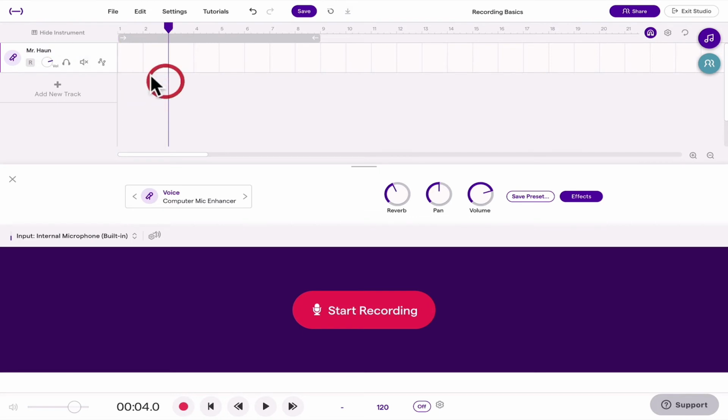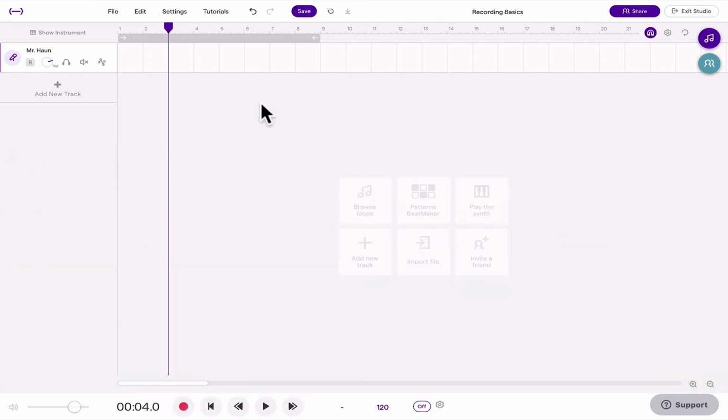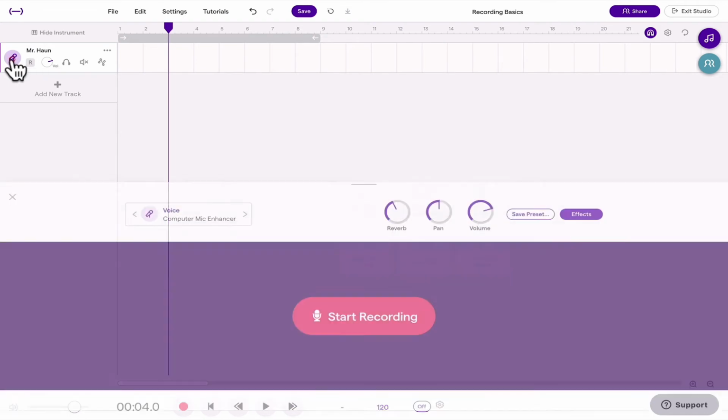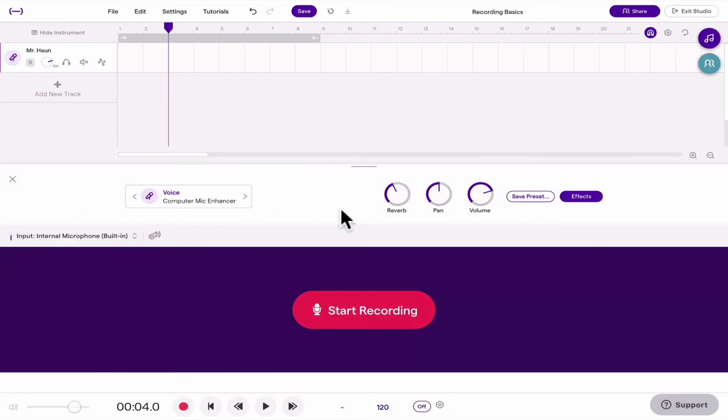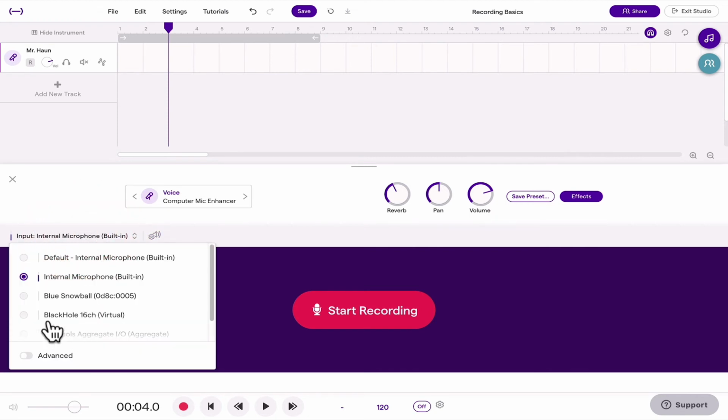Hahn, and now before I'm ready to record, I have to make sure that Soundtrap is listening to the correct microphone. So to do that, I click this button right here, or this menu. In case you don't see this, in case you see something like this, come over here to this little microphone button, click that, and that will show the instrument, or show the microphone. So now if I click on this, it will show me all my different options. Normally you'll just be using your built-in microphone, but I'm going to go ahead and use my nice fancy Snowball,